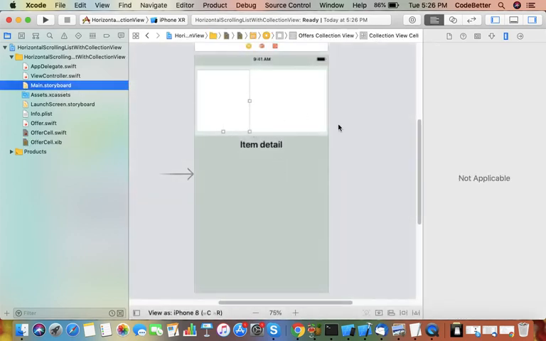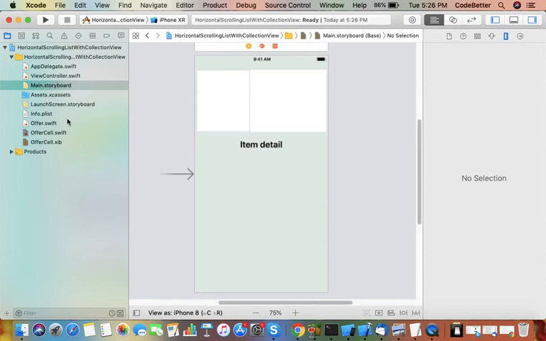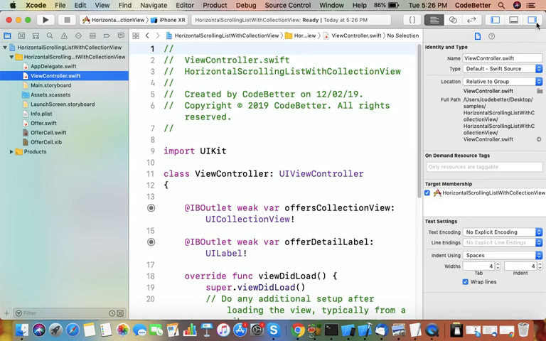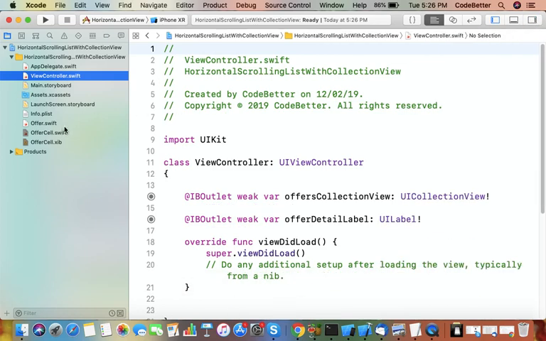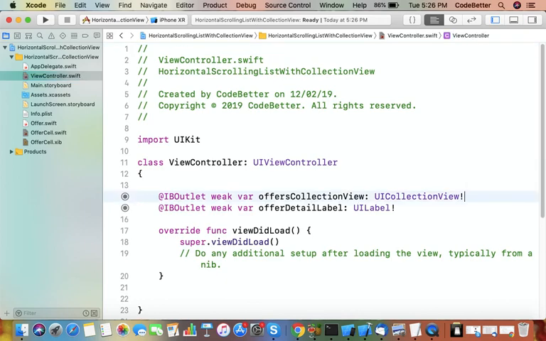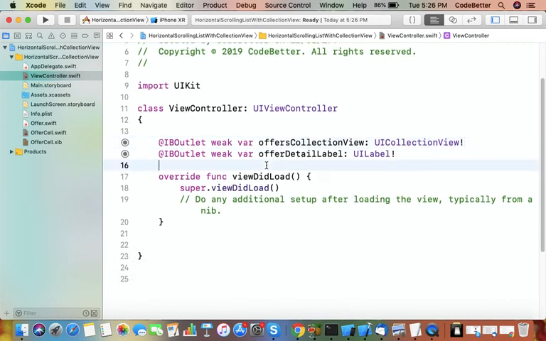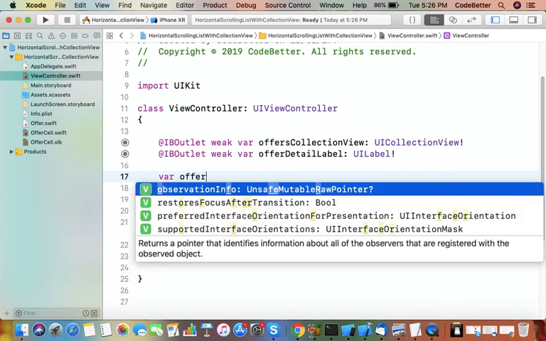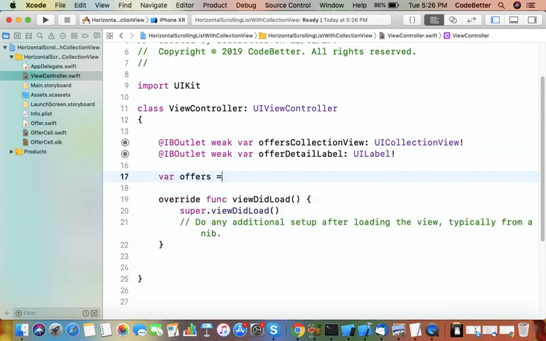Okay, again go to storyboard then. Now we store the information about our images and details. So let's go to view controller now. In the view controller, first of all, we create an array to store information about offers.